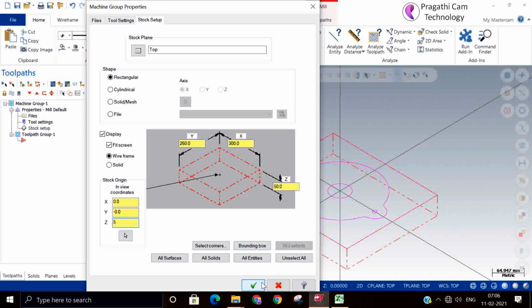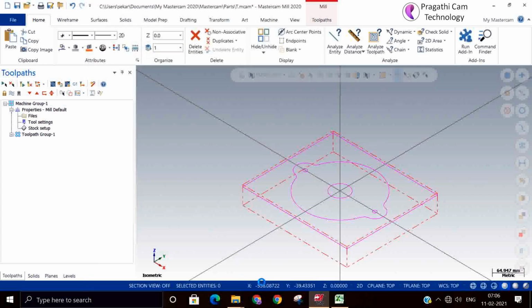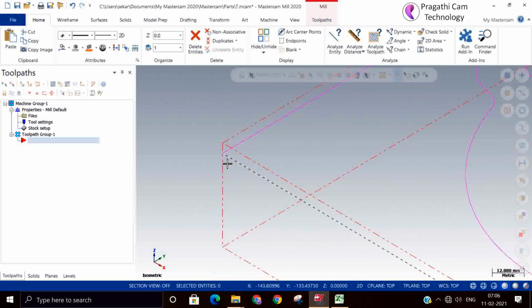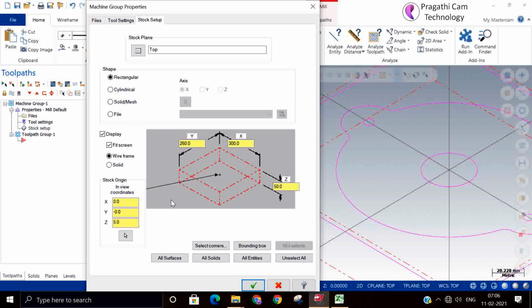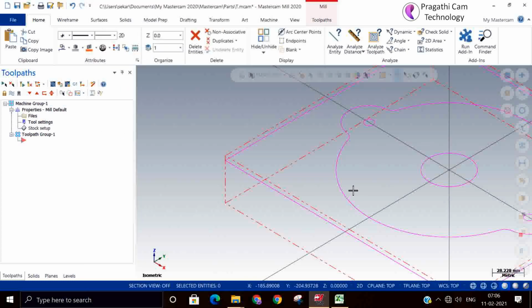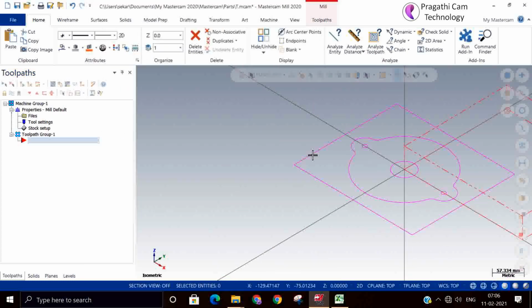If I modify Z to 5 mm above, you can see that Z is moved above the 5 mm. If you make it 0 again, this position also you can move. You can move it to the bottom also. Now I moved it, you can see. So now the total setting I modified.